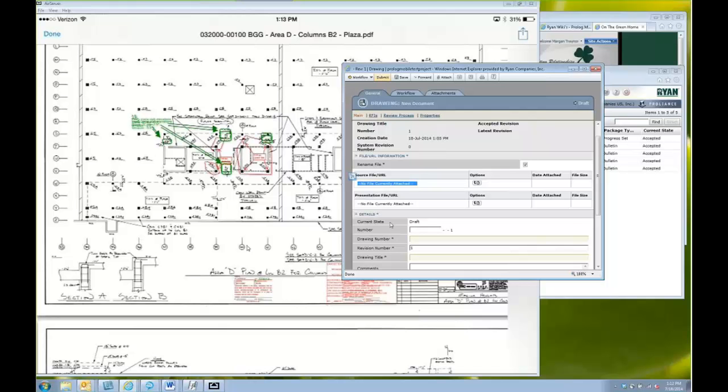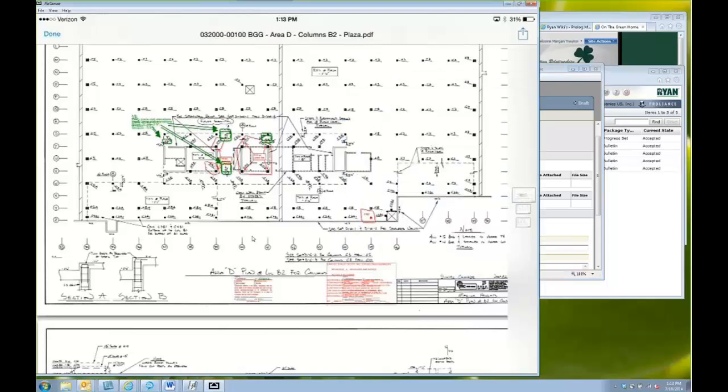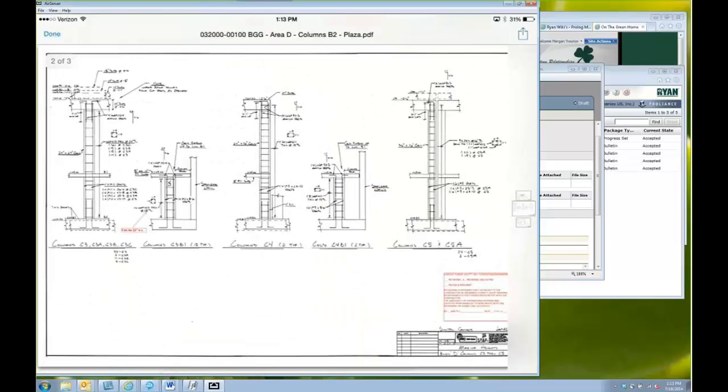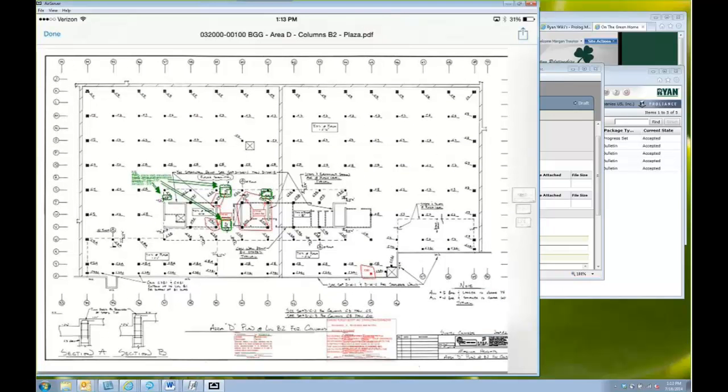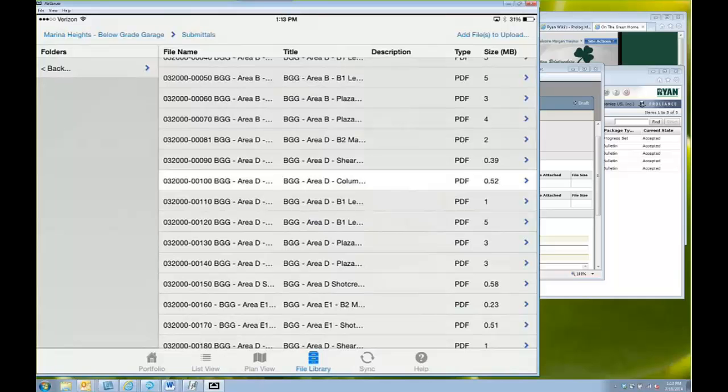But we have prioritized the presentation file as the first one only because that's where most of the approved submittals will be. And that's where you're able to view all of the stamps and markups that are placed in Brava and things like that. Even if somebody uses Bluebeam and they have all their markups in there and it's uploaded as a presentation file, that information will come over once it's published into that PDF. Okay, so hopefully you're seeing the value of your field teams being able to have access to their drawings and